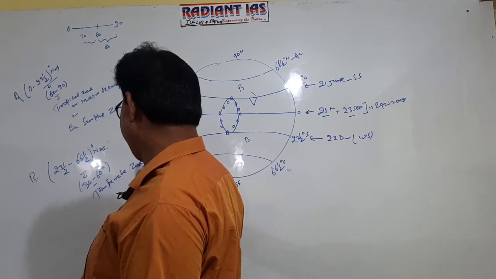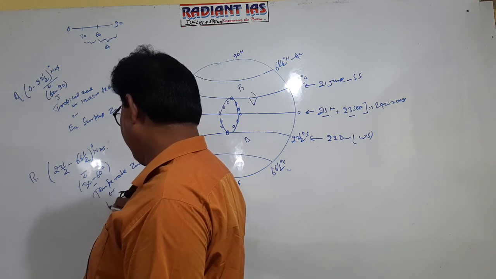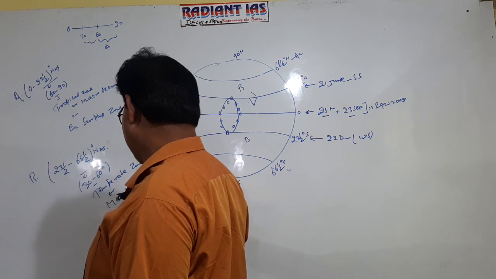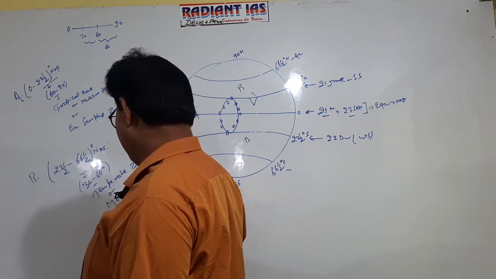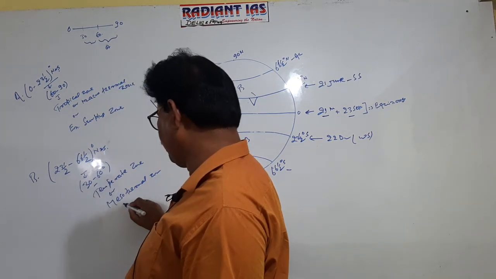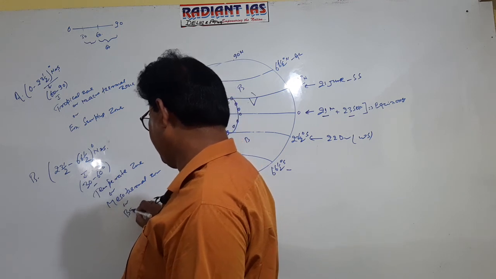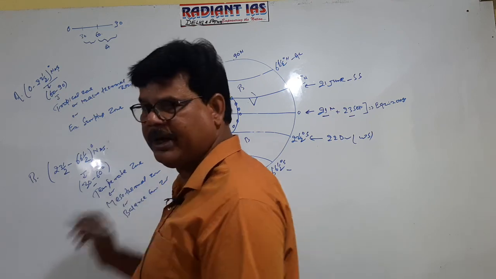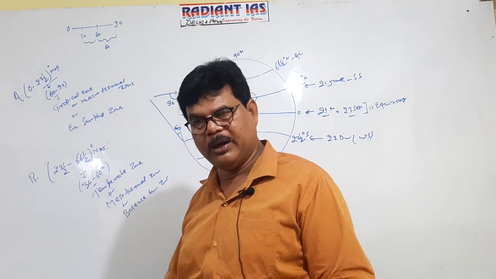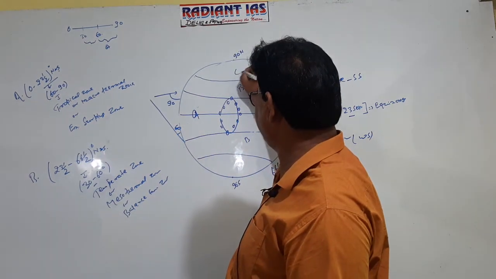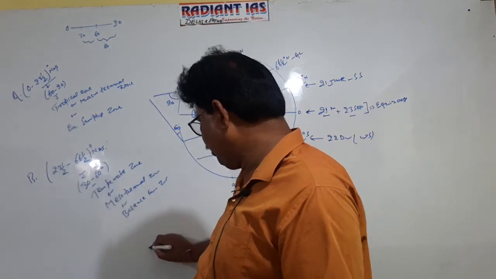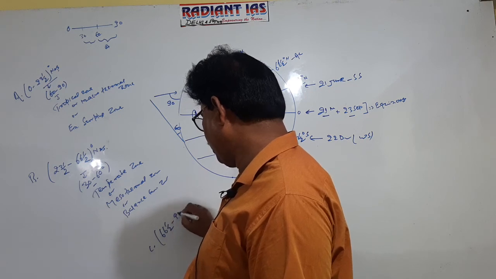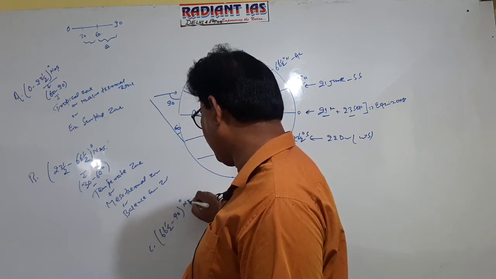Temperate zone or mesothermal zone or balance energy zone. Balance energy zone. Getting it well now? Right? Clear? And C is the area located between 66 and a half degrees to 90 degrees north and south. Here